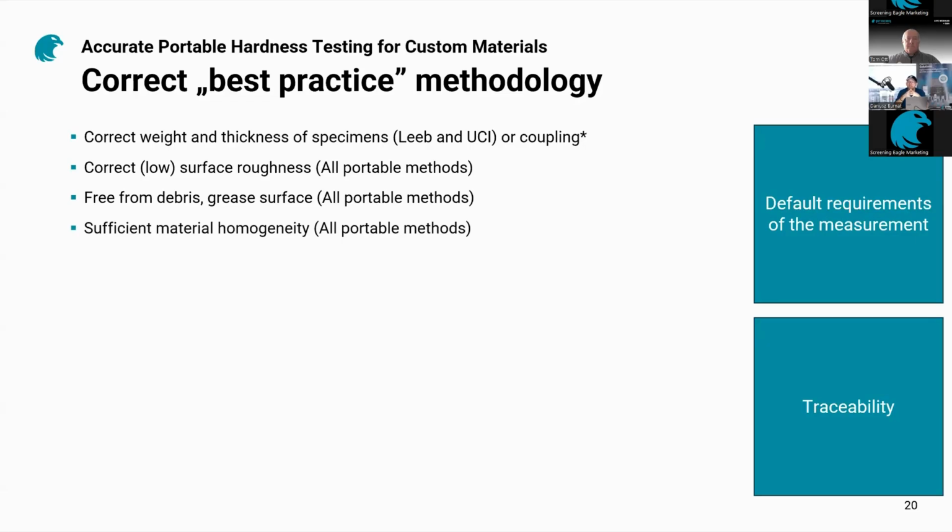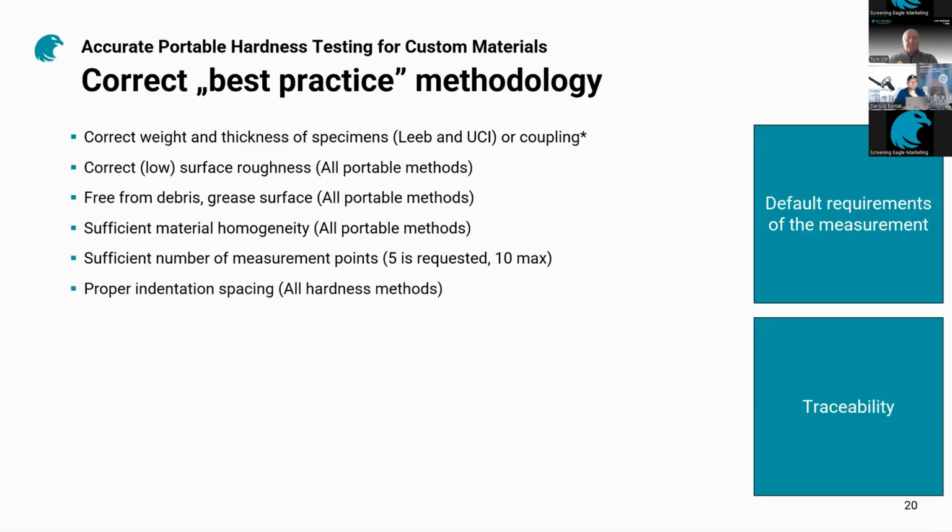Lastly, material homogeneity. If our material is inhomogeneous, then the outcome might simply be different, so we need to be sure that the material we select is really a homogeneous one. Next, a sufficient number of measurements, which we already discussed: 5 is requested, 10 is the maximum, and afterwards there should be no further improvement. And the proper indentation spacing. We should never hit the same spot several times because the surface gets hardened,